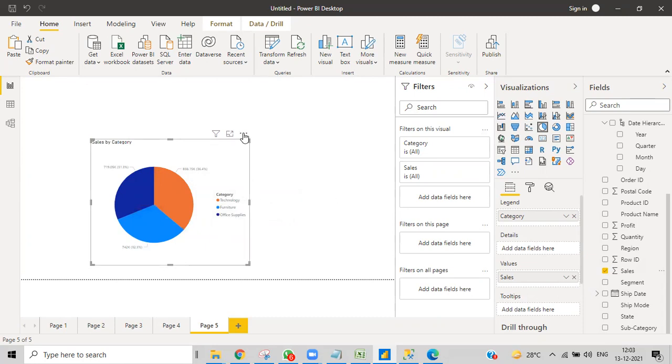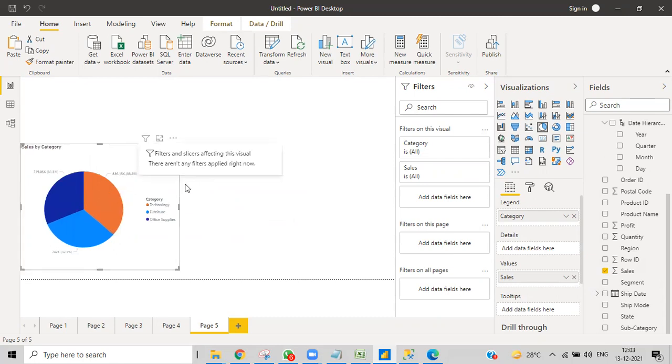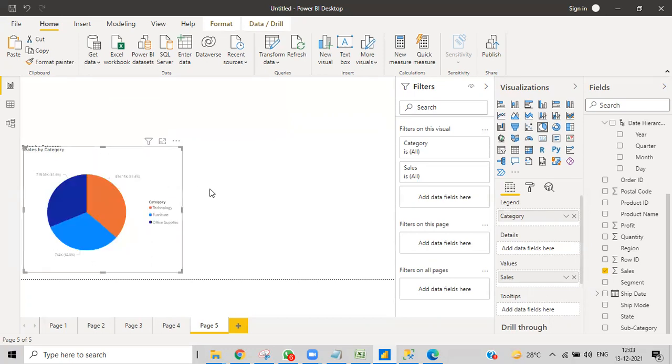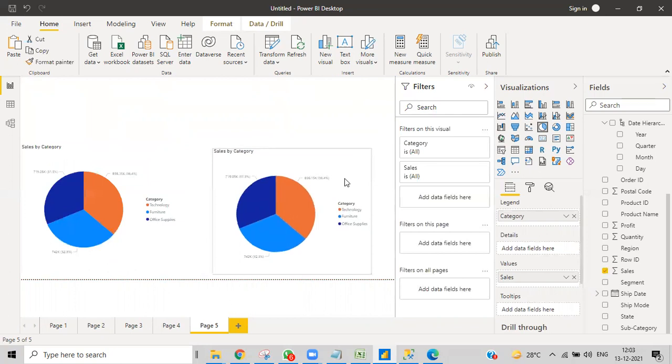The second thing is, we do have the same kind of visual, which is the donut chart also. That is not more complex than this. I'm just copying that one, because these two work for the same purpose, and then we just convert that. So there is not much difference for this.